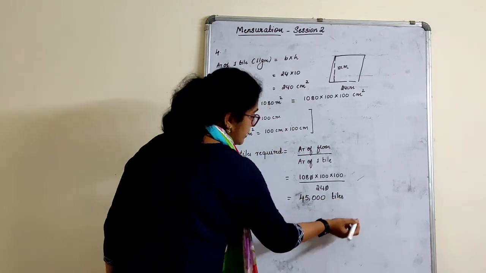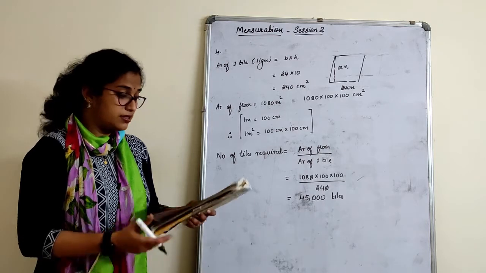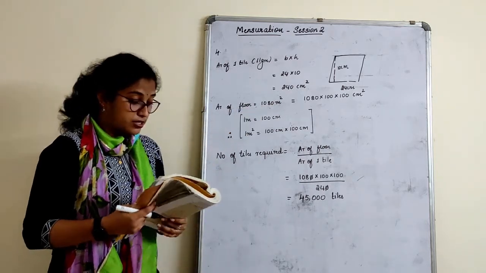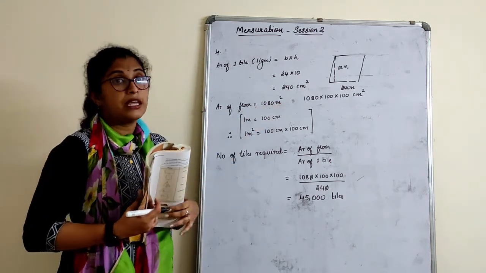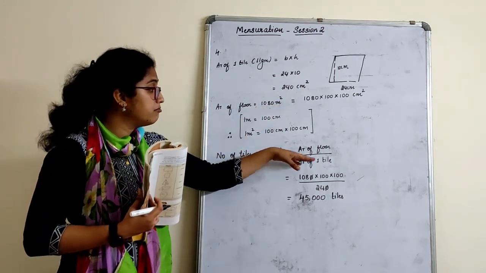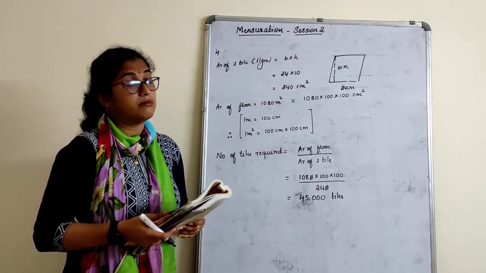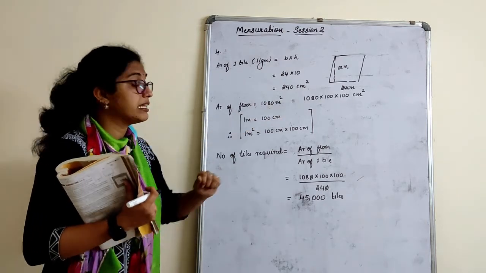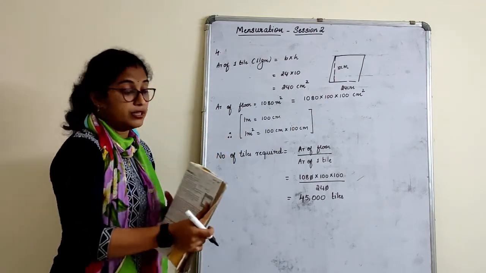Don't write meters or centimeters that we are used to. Cancel this. You will get 45,000 tiles totally. Very clear? This is very important. Because the whole sum is in centimeter, we forget to see that it is in meter. We always cannot use 1 meter and 1 centimeter. Either convert in both meters or in centimeter, whichever is simple, I think this will be much better because we will get an easy answer here. So convert this in terms of centimeter only.